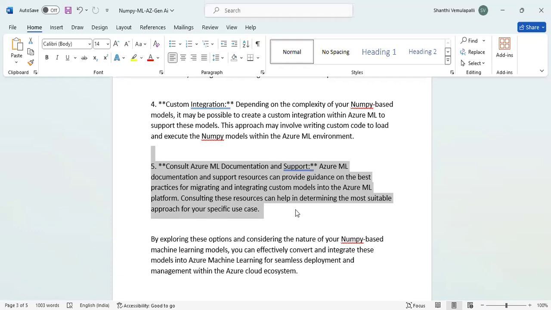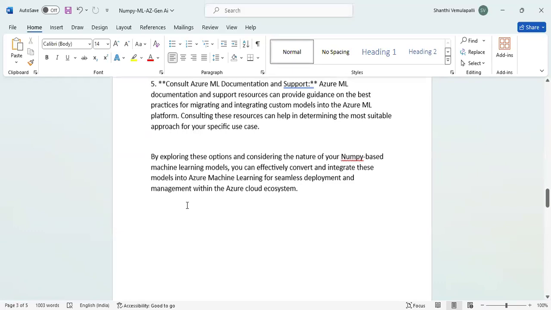That solution needs to be identified for your need. By exploring these options and considering the nature of NumPy-based machine learning models, you can effectively convert and integrate these models into Azure machine learning for seamless deployment and management within the Azure cloud ecosystem.